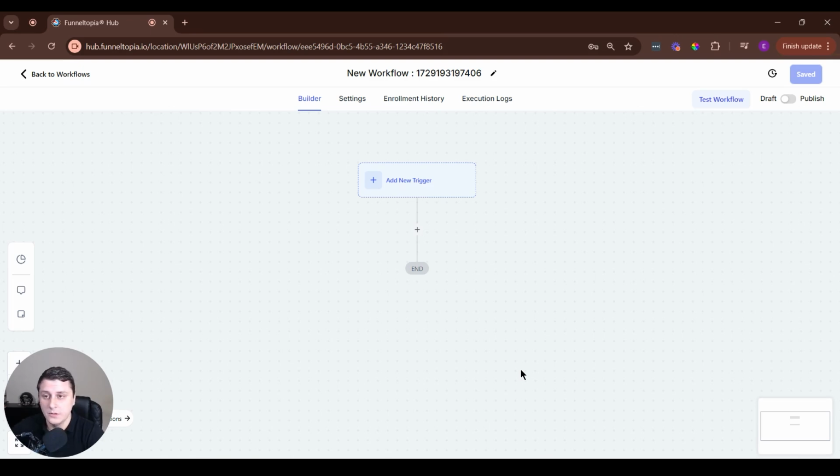Hey, Christian Funneltopia here, and in this video I want to quickly show you how to use the page view trigger in the workflow sections and give you an example of what would be a real-life example. And for those who don't know, workflows in Funneltopia,